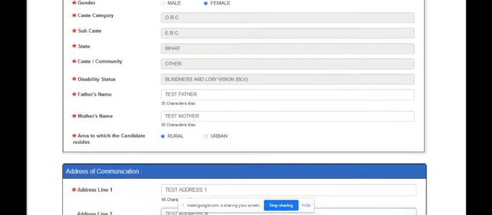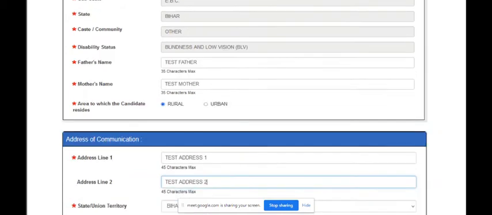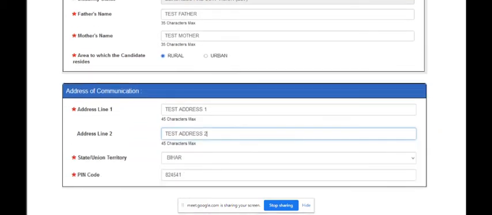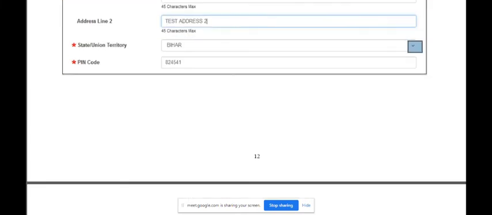Then in the next part we have to type our communication address where you are living at present. That means where we can communicate. The address you have given in school, the same address you can type, or your present address you can type here, like line 1, the locality, street or village name, then any landmark, then state and pin code.